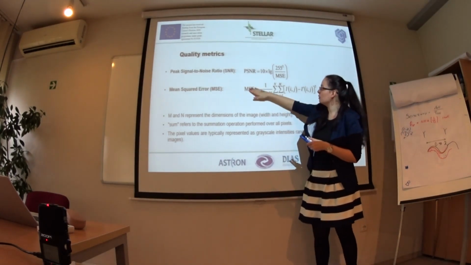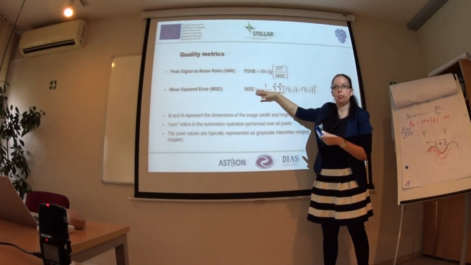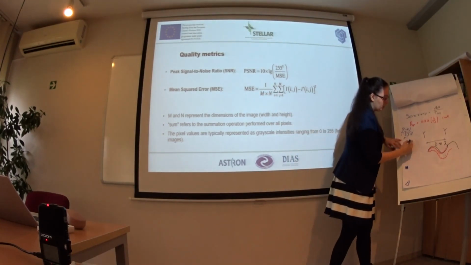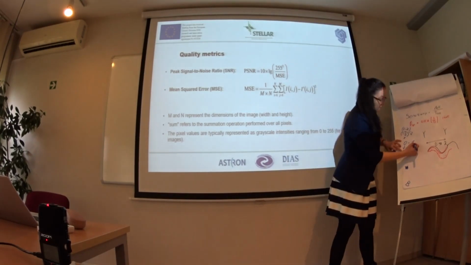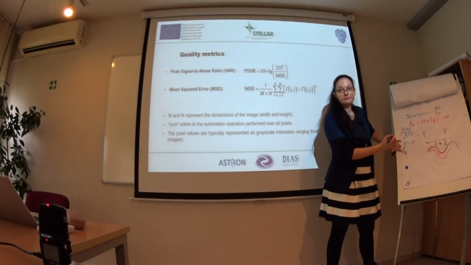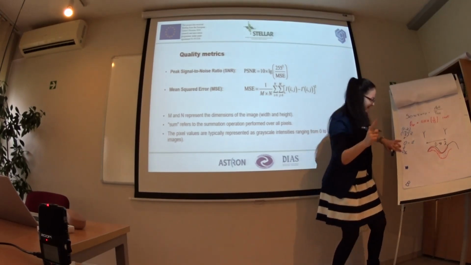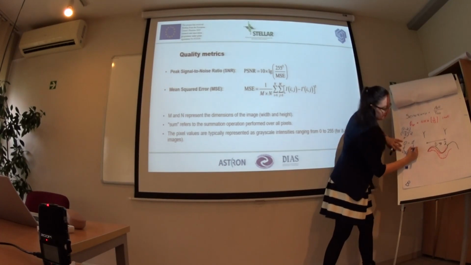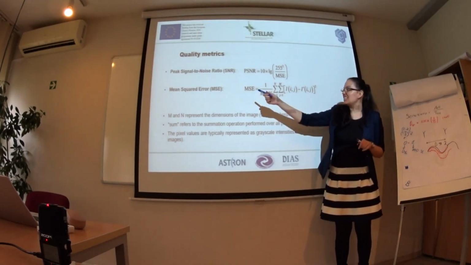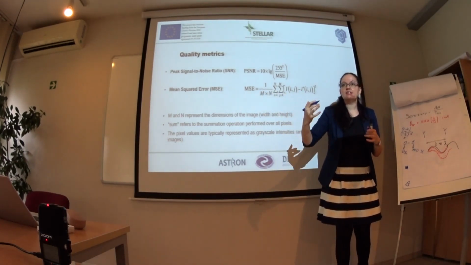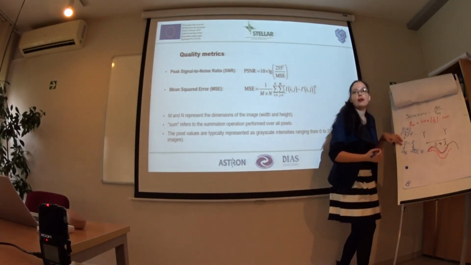So, for example, you will see what the mean square error is. That can be a value from 0 to 1. 0 means 0%, and if you have 0%, probably there was no processing at all. And 1 gives us 100%. If you obtain a mean square error of 100%,